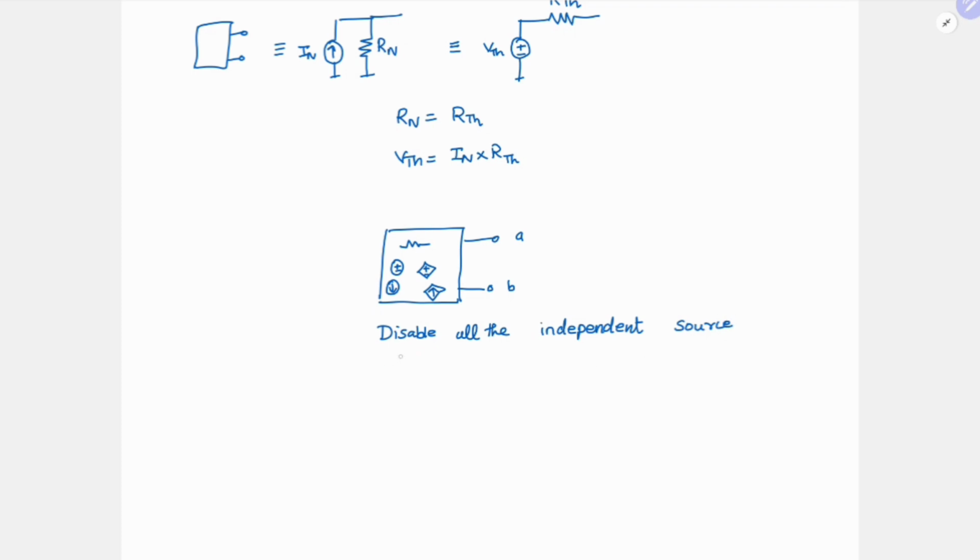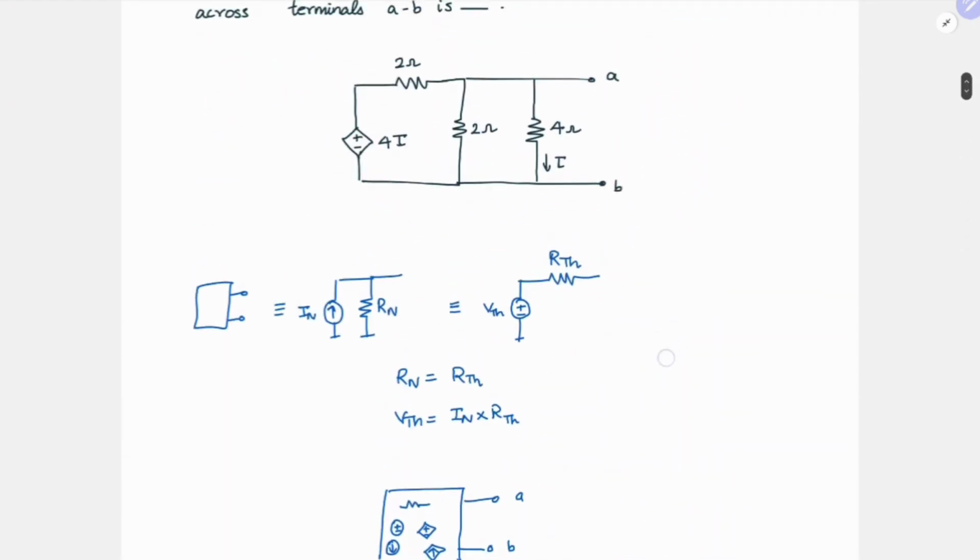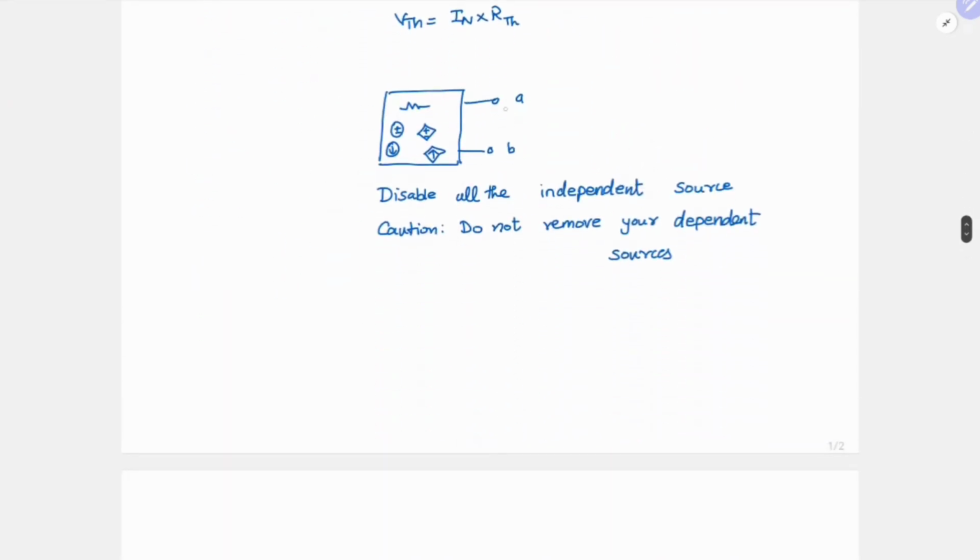And caution, do not disable your dependent sources. Do not remove your dependent sources, right? So then you can connect a 1 volt or 1 ampere source